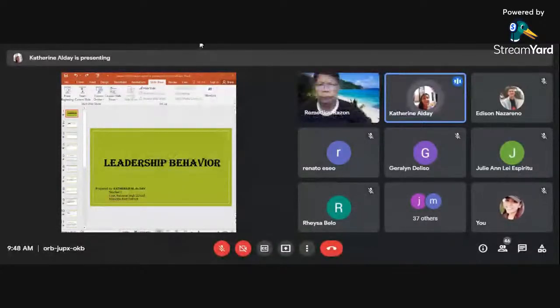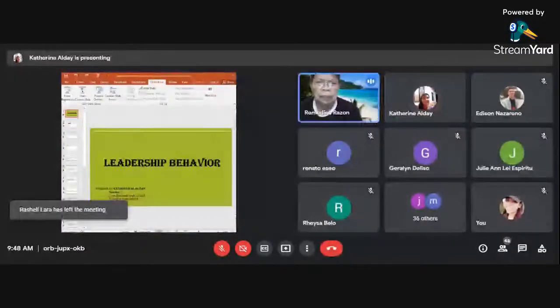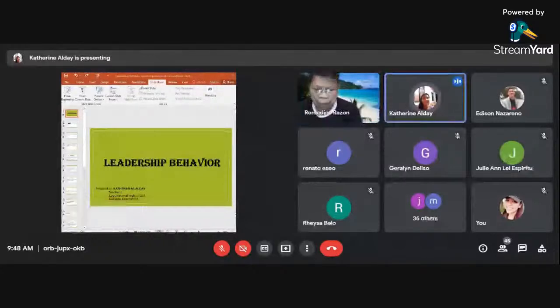Learning how to behave like a leader can take practice and a strong sense of self-awareness as you monitor your own actions. Kung mapapansin po natin, ang aking pong report ay may related po doon sa ni-report po ni Ma'am Camille Garcia, yung traits of effective leaders. Habang nakikinig po ako, napansin ko po yun.